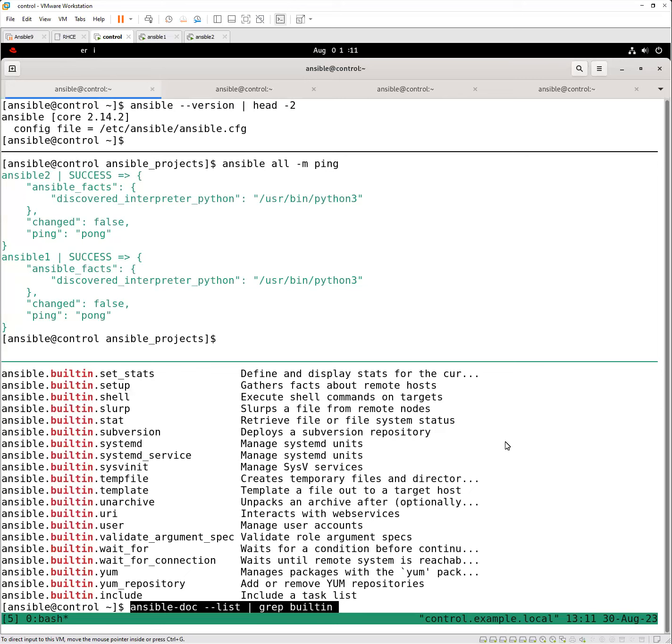So the next question will be, well, how do I know how many modules are available to me just using Ansible core? And the easiest way to find this out is to use the ansible-doc --list. But if you use this, you can end up with a lot of different modules. And I wanted to be specific and to grab the built-in